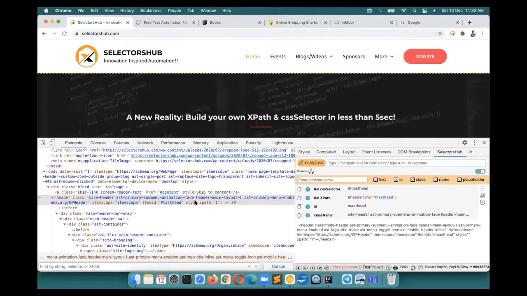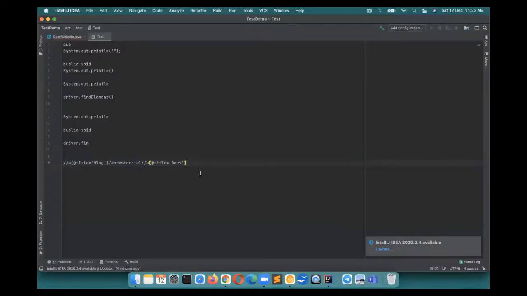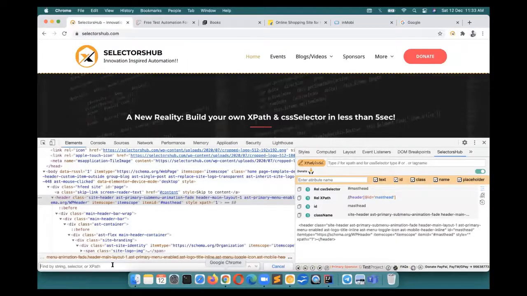So we all say that we should write our own XPath, right? But nobody ever talked, I never heard anybody talking, about what is the meaning of writing our own XPath. When we say write our own XPath, we basically mean to write it here in Chrome DevTools. It doesn't mean that you should write your own XPath in Notepad. Does anybody mean that? No. Basically, we are saying we should write our XPath using Chrome DevTools. So basically, use a tool to write your XPath, which is Chrome DevTools. That's what we mean by saying that we should write our own XPath.